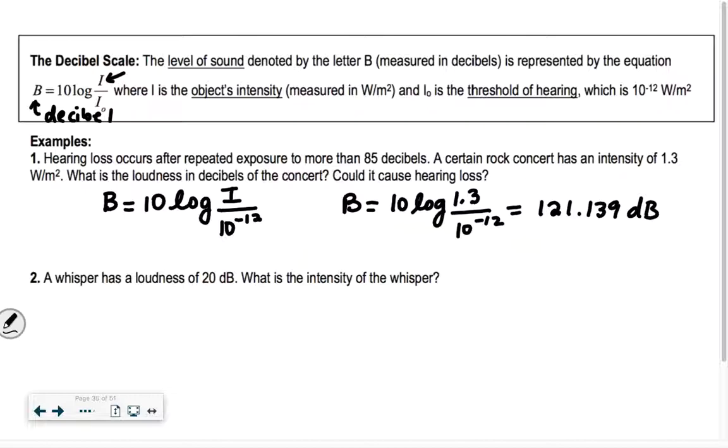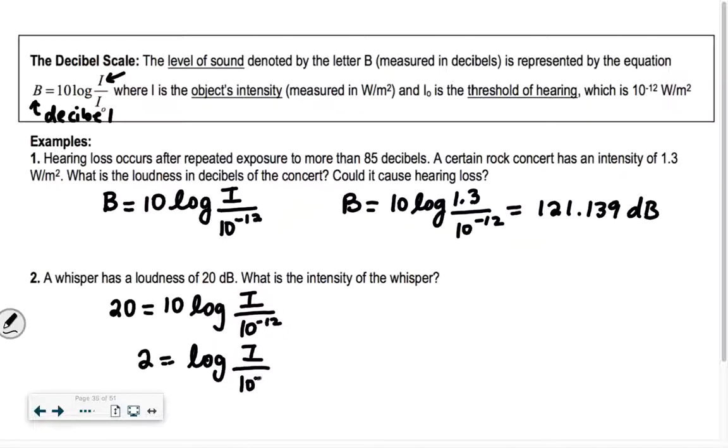All right, so a whisper has a loudness of 20 decibels. So that's going to be the 20 goes in for B. And then it says, what's its intensity? So we just solve it out. I divide by 10, and I get 2 equals log of I over 10 to the negative 12. I put my little subscript in there, 10. So I do 10 to the 2 equals I over 10 to the negative 12, right? And then I multiply it over. So I do 10 to the 2, and I multiply by 10 to the negative 12, and I get